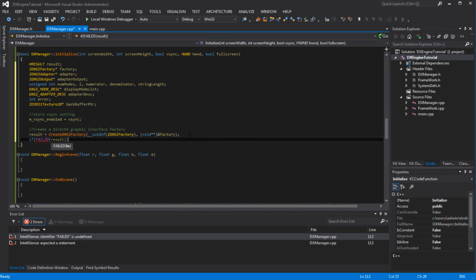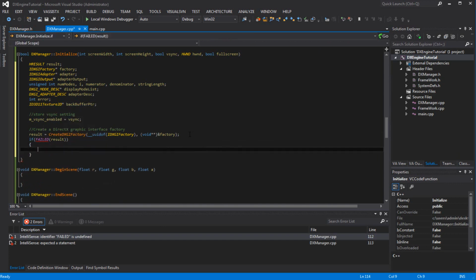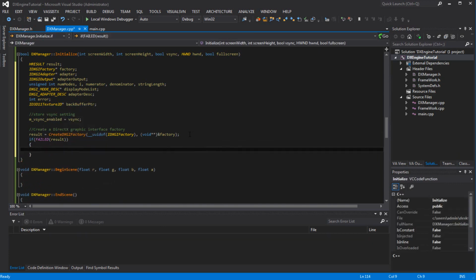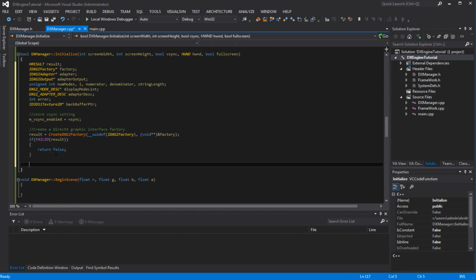Result. It's probably a better way of doing this. I'll fix it later on. Okay, return false if it failed. Otherwise, if it didn't fail, then